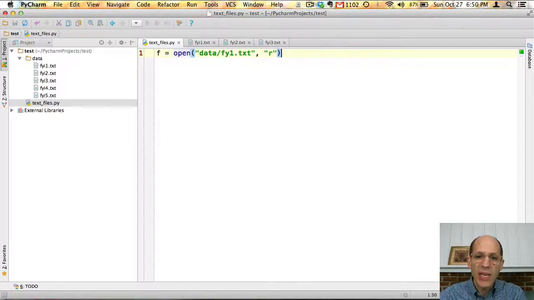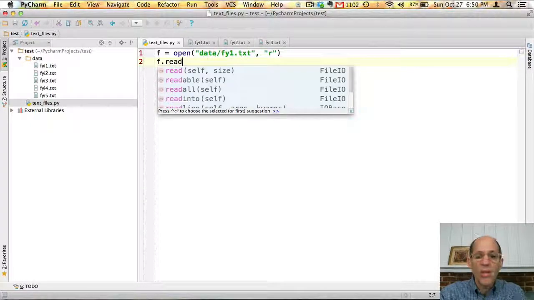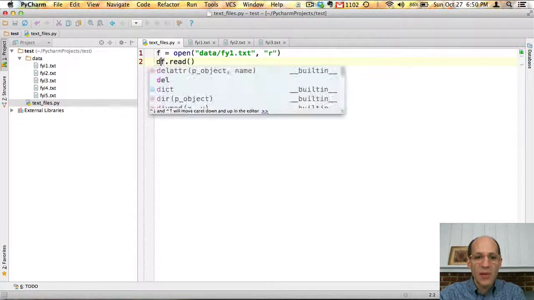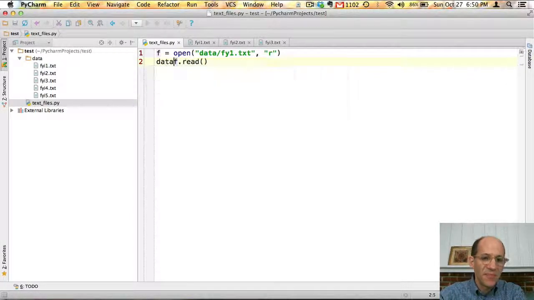And there's different things we can do with that file, that f. Perhaps the simplest thing is to read all of the contents of it. We can store that in a string. Maybe I'll put that into a variable called data. And now in my Python program, if I were to print data, and I run this,